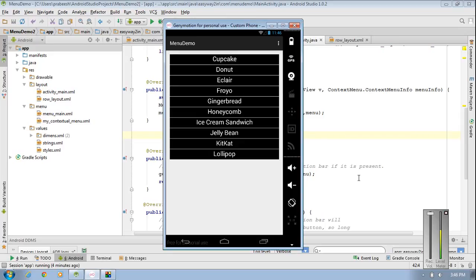So welcome back to another episode of Android application development tutorial. In the previous episode we already learned how to work with a floating context menu in Android. In this episode we are going to learn how to handle the click events of a floating context